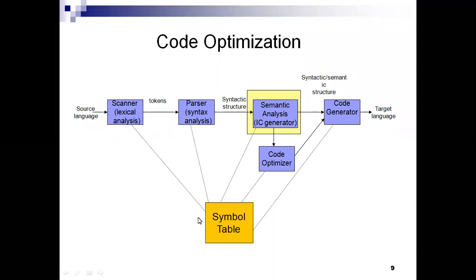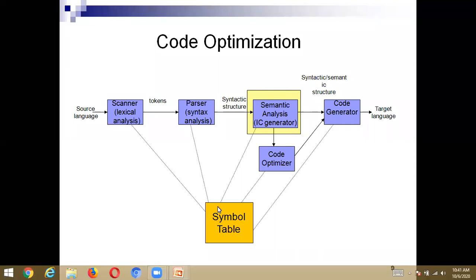Symbol table is acting as a data structure here. Whatever we do in each and every phase should be stored in a symbol table, and it acts as a record. Why? When I want to refer to any variable, I will just go to the symbol table and check it, and from there I can take what the variable is, right? So it is a data record. Symbol table is a data structure, and it is acting as a data record of these phases of compilation. Every phase is connected to the symbol table, right?